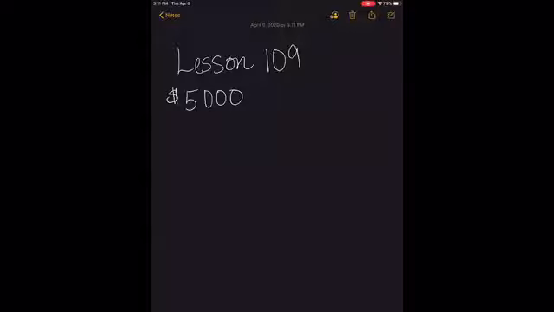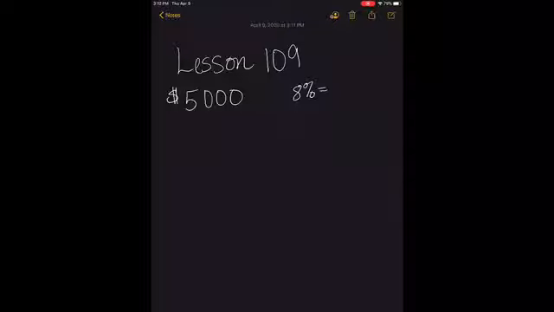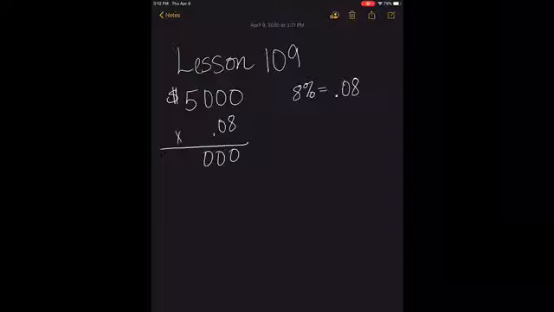So we could find out how much he earns in 1 year by multiplying by 8%, but change 8% to a decimal. Now remember, percent means per hundredth. So 8% is the same thing as 0.08. So if we multiply by 0.08, we get